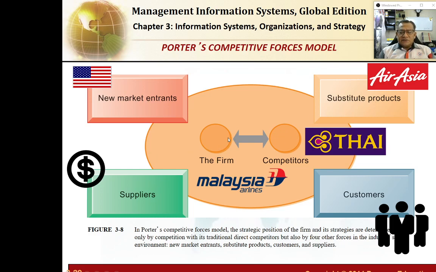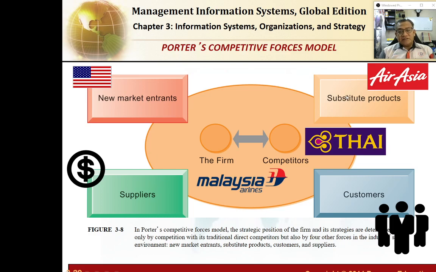So Malaysia Airlines also has to deal with that by using their IT system. So if AirAsia could leverage their IT system to a better or faster service in terms of faster server, then Malaysia Airlines also must enhance or improve their IT server to be faster, flexible in order to match